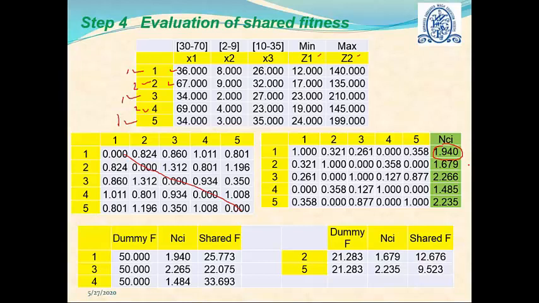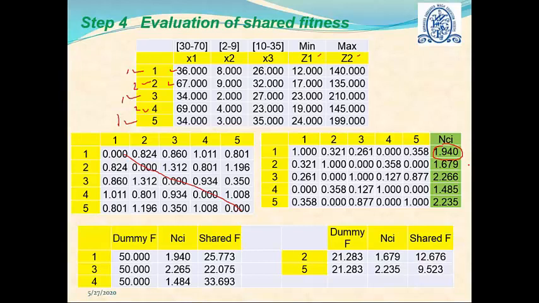Now since our objective here is to find the set of optimal solutions, we want to make sure this does not happen: if the niche count of a particular solution is very high, it means that the other solutions have a very high amount of sharing with that solution, and the solution is a very dominating solution. It may happen that all the solutions finally converge into that solution, and we will get only a single solution, just like a single objective optimization, instead of getting multiple solutions. That is what we call maintaining the diversity. So what we have to do here is maintain the diversity of the population.